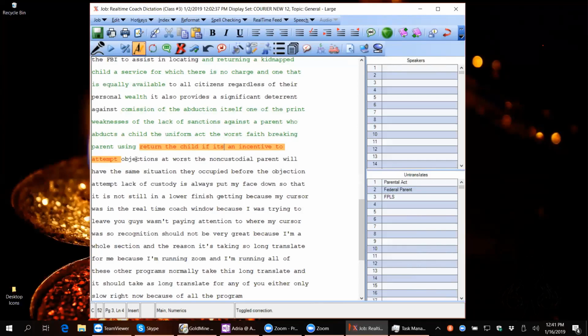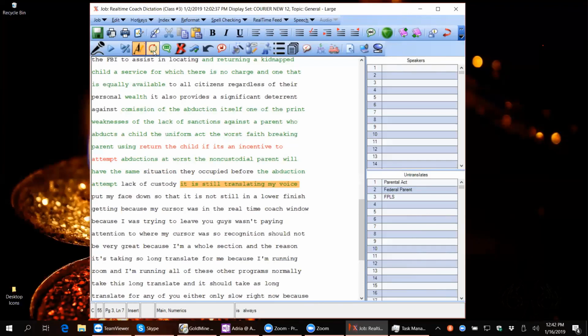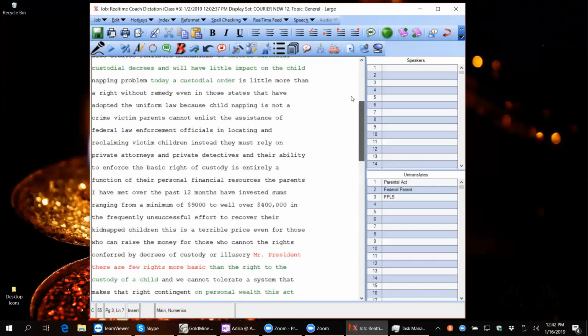So now I'm going to move on by page down. I'm going to do Alt-P, Control-D to delete. Page down. Okay, I'm going to stop here, and I'm going to go ahead and toggle that one to red because I was speaking out loud, not into the mask. And so now I'm going to turn correction off,